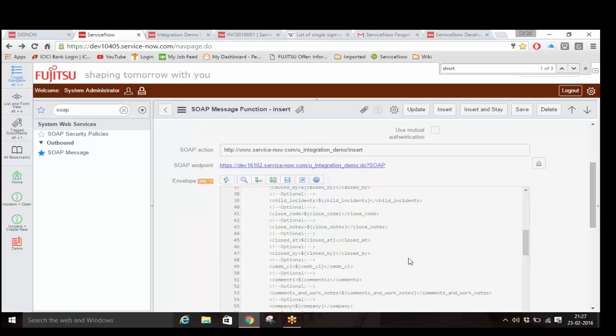So people started using REST as well, REST message. The problem that comes is, as of now, REST is not supported by all the applications globally. If you are integrating with